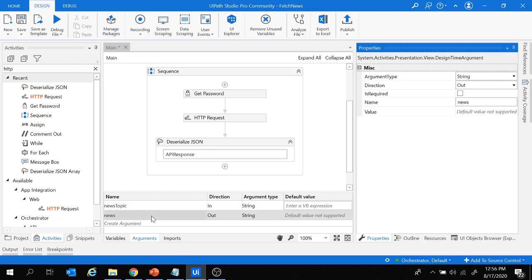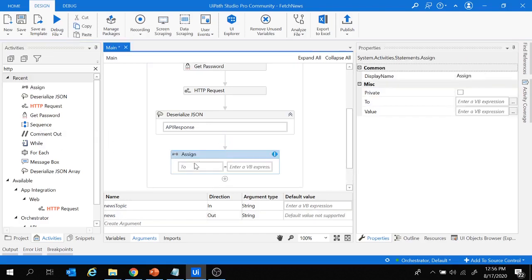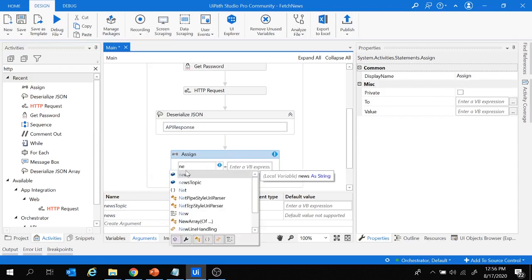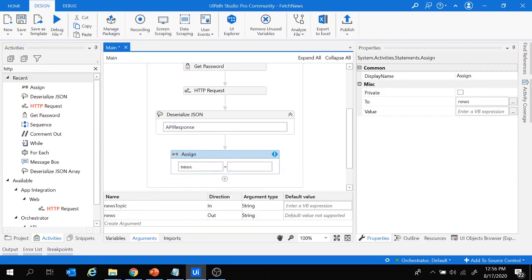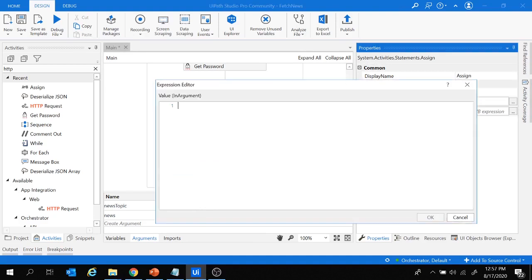So let's begin to parse the news titles. For that I'm going to use the assign activity, and in To I'm going to provide the argument as news, and here we'll have to parse the news titles, the top 5 news titles. So let's expand the value, and here let's begin to parse. First of all we'll have to start parsing from the JSON val variable, and before that I'm going to use environment dot new line to move to the new line, then put a plus, and let's provide the JSON val variable,